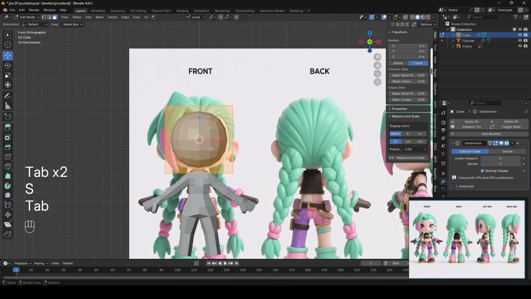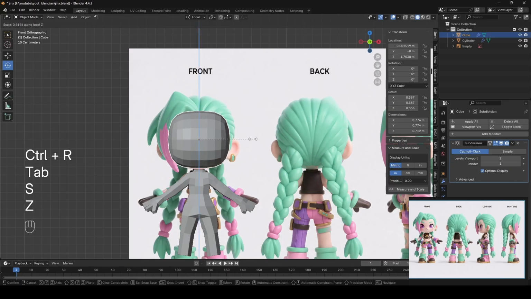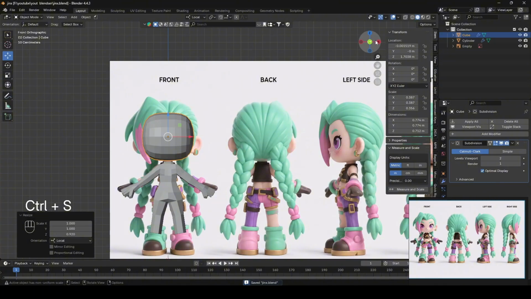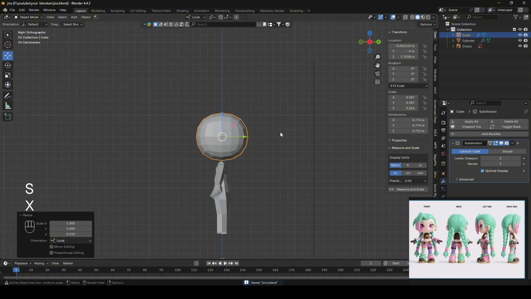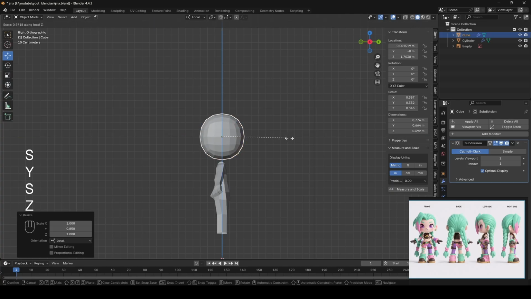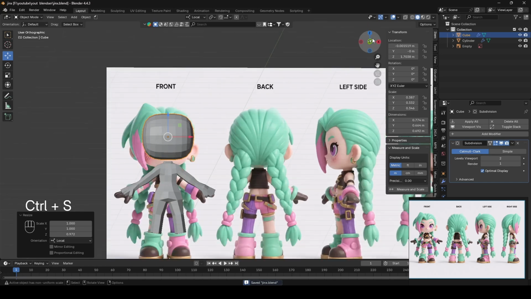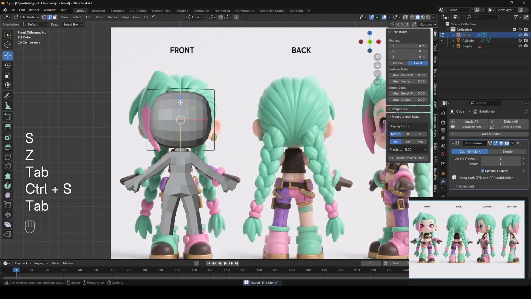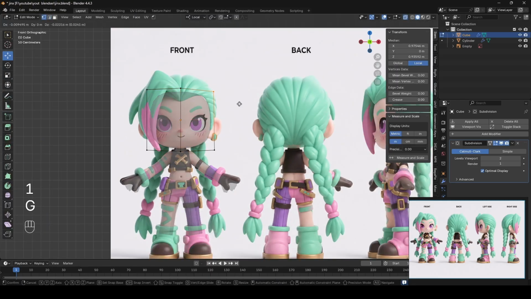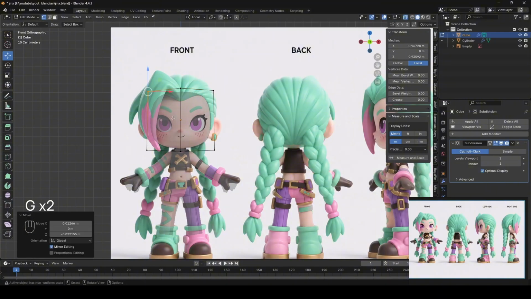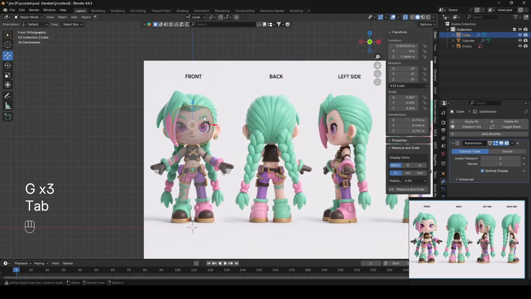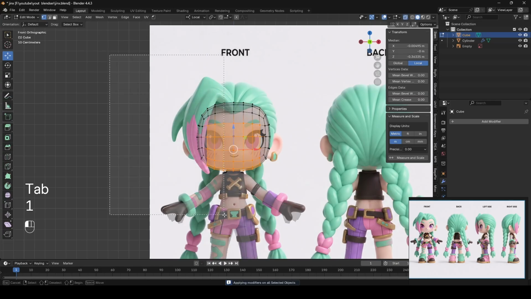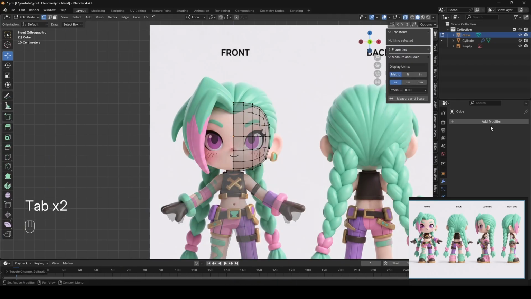But for that we need to apply this modifier as well, so we can work on the eyes, ears and nose. For the head also we are going to apply this modifier, delete the half part and use a mirror modifier